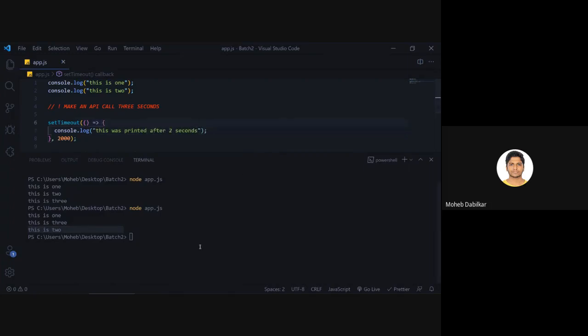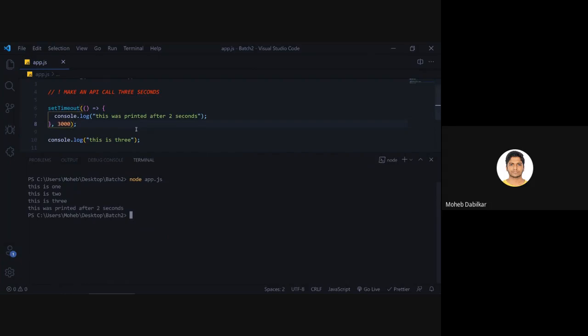Okay. So now once I save this and run node app.js again, it stops in this way and it gets printed after 2 seconds. If I change this to 3, now it should print it after 3 seconds. Yeah, you see, it says it was printed after 3 seconds.